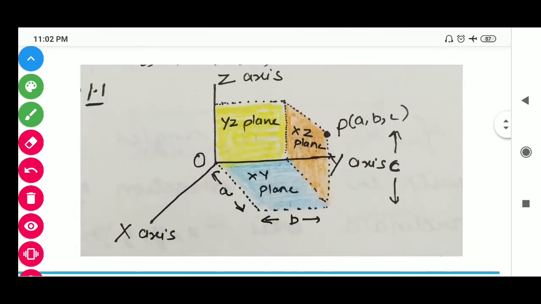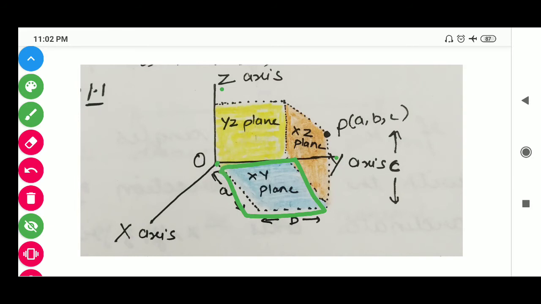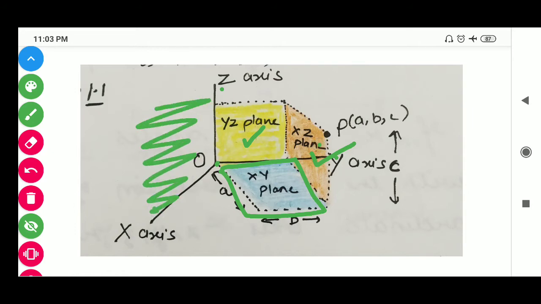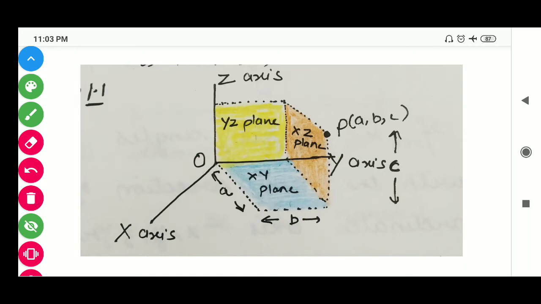Here we have a 3D plane. You can observe here, this is the x-axis, y-axis, and this is the z-axis, and here is the xy plane. Here the blue shaded region is the xy plane, the orange shaded region is the xz plane, and the yellow shaded region is the yz plane. Okay, students. This is a diagram of a room in the shape of a cuboid, and you can observe it is like the room where you are sitting at this time.